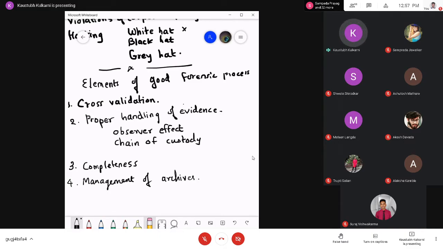How well you can manage that information is also a sign of a good forensic process. We should be able to manage that information in a good way. And why is it necessary? Because